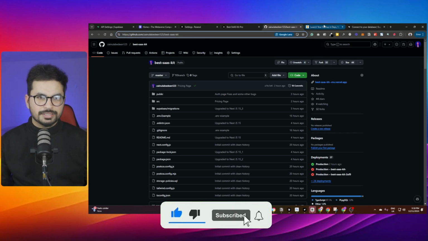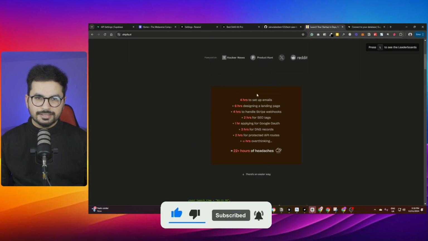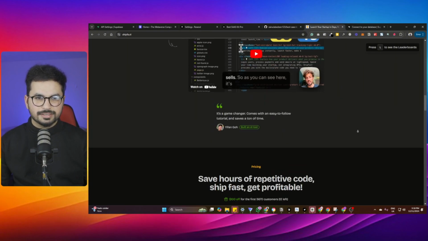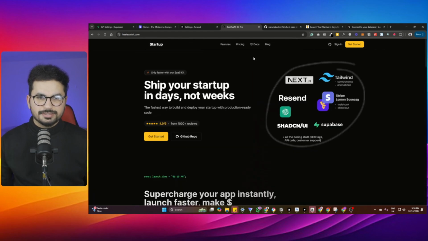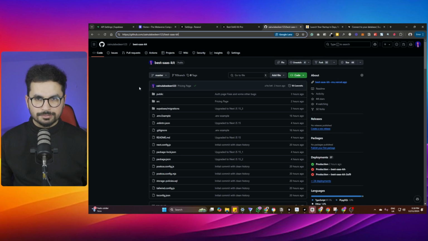And the aim is to replicate this AI SaaS kit. This is not even an AI SaaS kit. This is just a SaaS kit which is being sold for $300. And the aim is to replicate this SaaS kit completely. We are almost there. There are a few functionalities left. The aim is to make our SaaS kit better, keep it open source and absolutely for free for everyone to